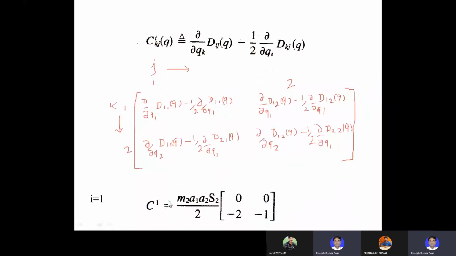How you calculate this c1? c1 is calculated in the book, it has directly given this equation, but how it is coming? So there is an equation in the book. What is the equation number? Just a minute. Equation number is